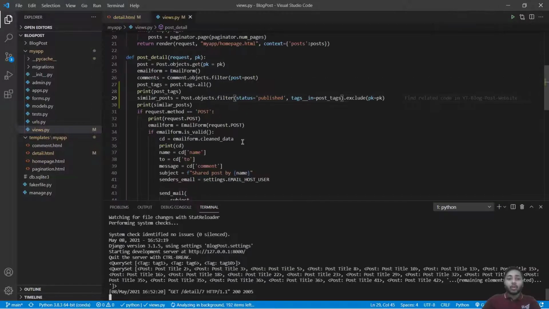Okay, so now if we have to sort them, then what do you think? How can we sort them? We can sort them on the basis of the number of tags shared. For example, let's say this post title 2 has tag 1, post title 3 has tag 6, another post has tag 10. Let's say some other post has tags 1 and 6 and some other tags 6 and 10 and another tag, and some posts have all these three tags in common.